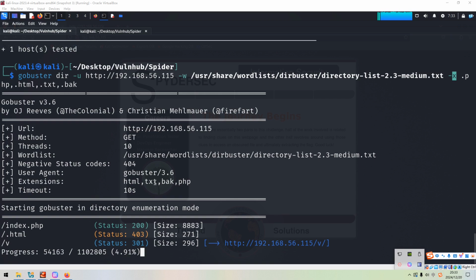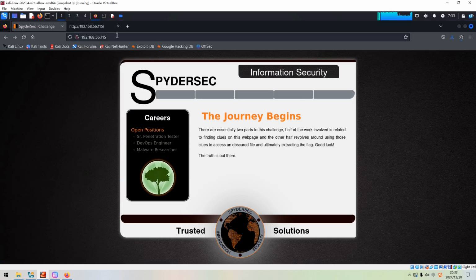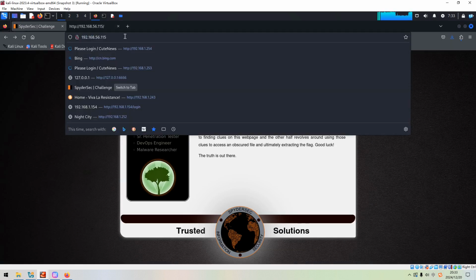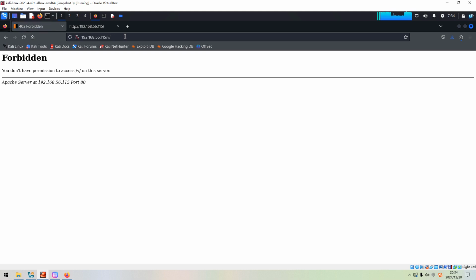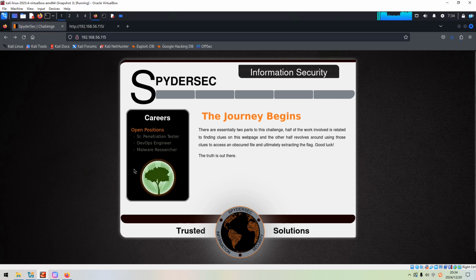As you can see over here, GoBuster discovered the V directory. However, the status code is 301, so it means that it's a redirect to V and a slash. So maybe we can take a look at this directory. However, it's forbidden. So a bit weird, right?